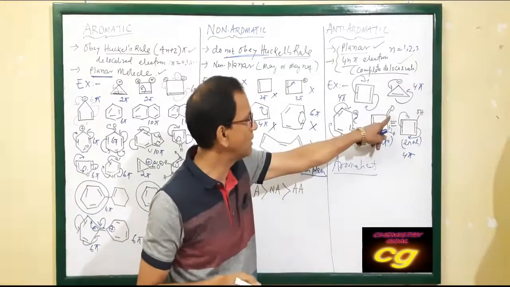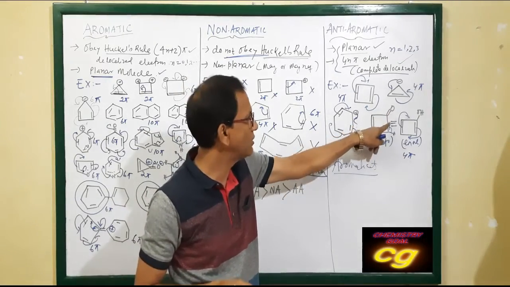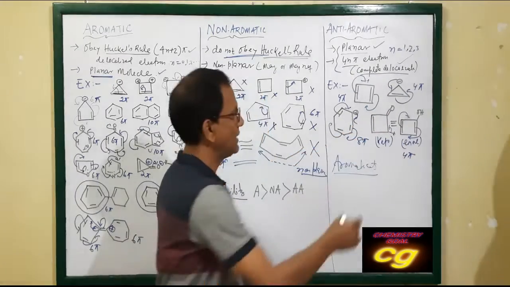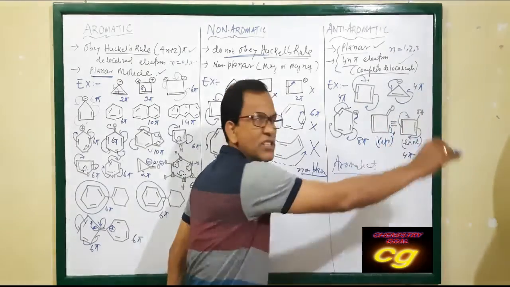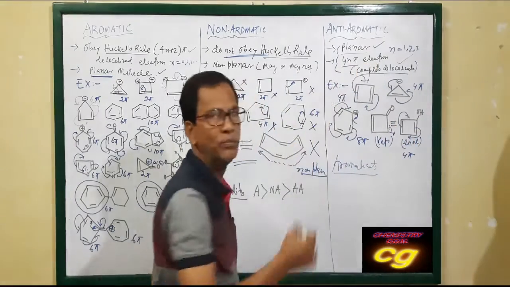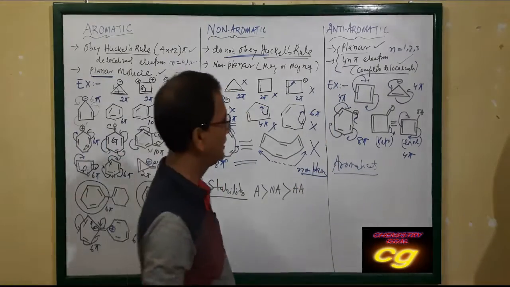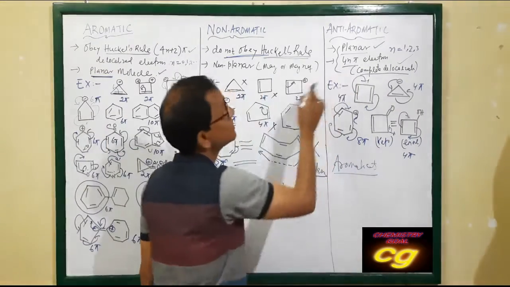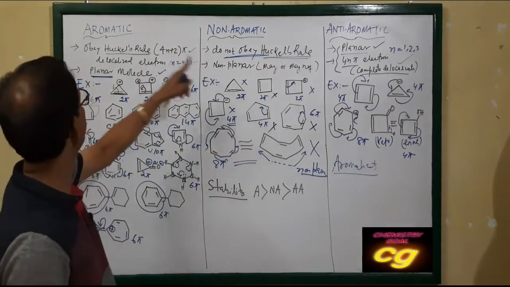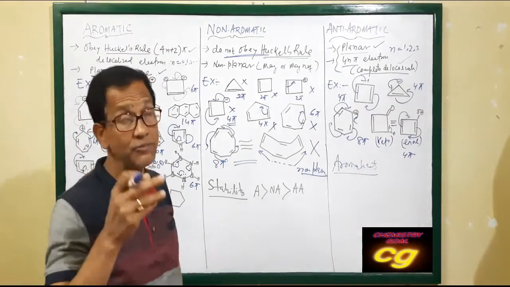The pi electron is converted to these sides. So this pi electron converts to this pi bond formation, so the complete ring is delocalized. The complete pi electron is delocalized. The molecule is planar, completely delocalized, and satisfying 4n pi, not 4n plus 2 pi. So it is 4 pi. So this is anti-aromatic.